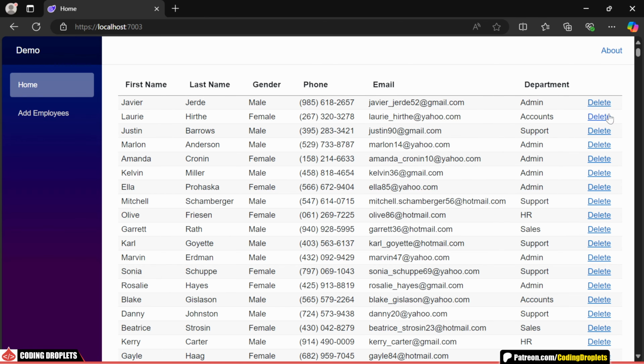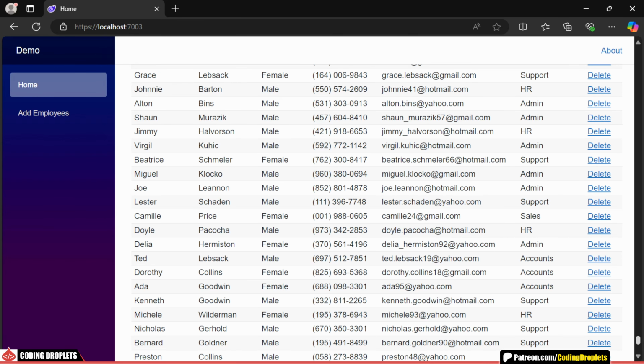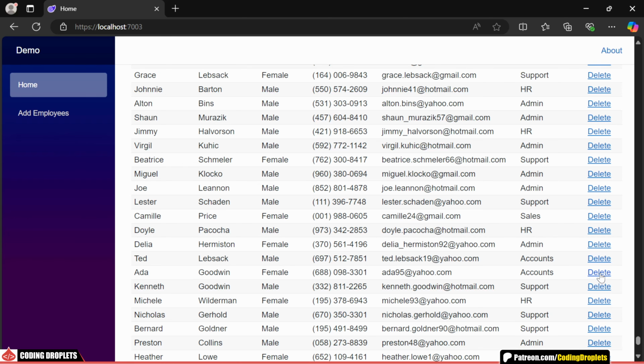Now, let's try deleting some employees from the list. You can see the employees are getting removed from the grid. Let's scroll down and delete a few more employees. Action buttons work perfectly